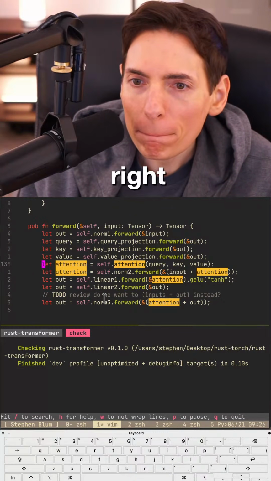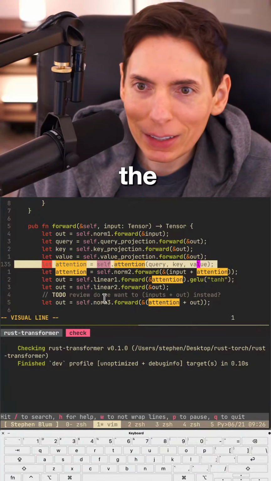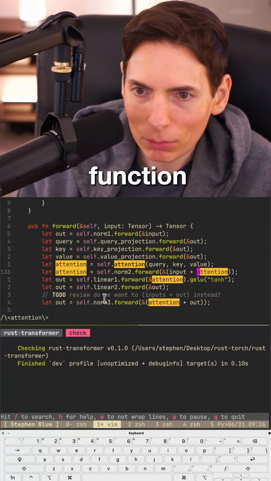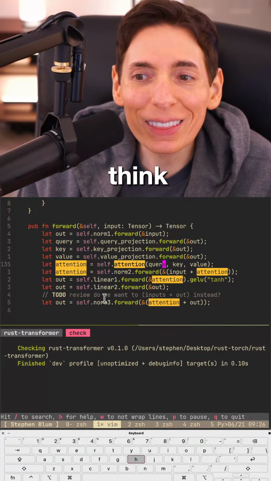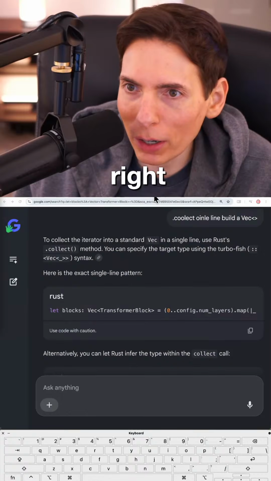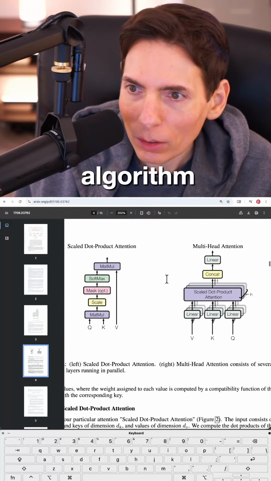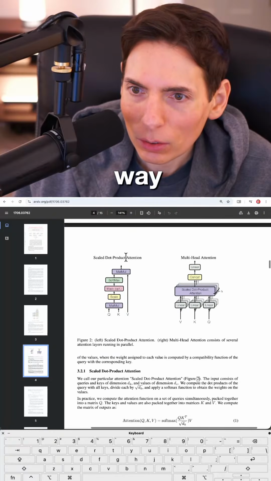All right, so we're doing it. I know I wrote this weird. I put the attention in its own function because we're doing our projections first and then we do the attention. So I think it's actually fine. I did this more based on the mathematical approach, from the algorithm.